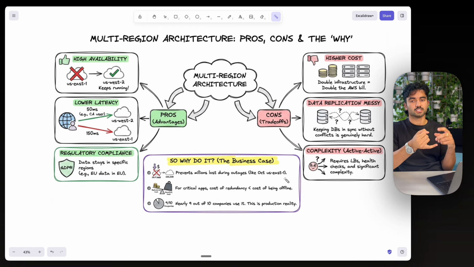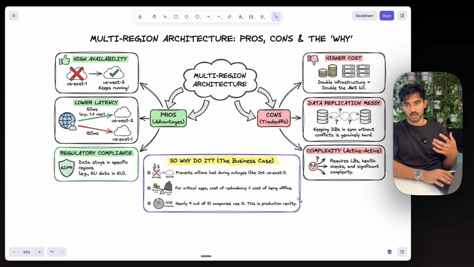But you want to weigh up the cost in terms of time, resources, and actual monetary cost to deploy multi-region architecture. For example, let's say there's an average of 1% downtime a year, and that is going to cost you $5 million. That might be cheaper than setting up a multi-region architecture, which could cost you $10 million in the year. But for some critical apps, the cost of redundancy is going to be outweighed by the cost of being offline. Not all companies are using multi-region deployments, but most companies now are using some form of hybrid cloud setups, which has its own benefits and cons as well.